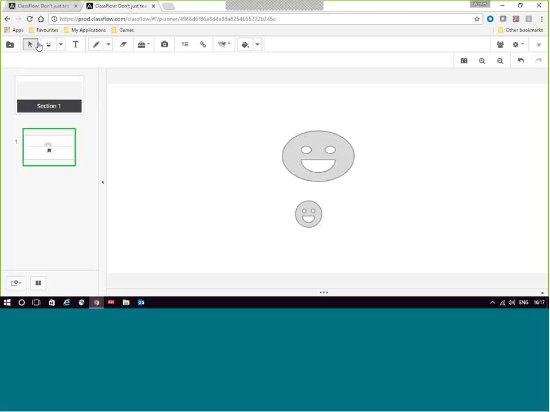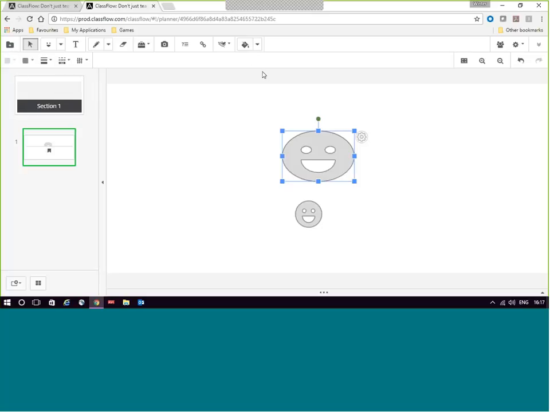So that's something that we've overhauled. It's not a new feature. We had shapes before, but it's a lot easier to use now, mainly thanks to the feedback you've been providing to us on that, so thank you for that. So now, let's just have a look at the other